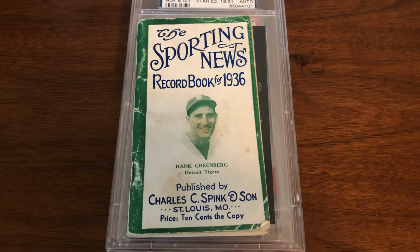Welcome back. So I got quite the small mail day this time around, and really inexpensive mail day as well. None of these are really high-end items. It's really kind of little things here and there that either I've been meaning to pick up or they were